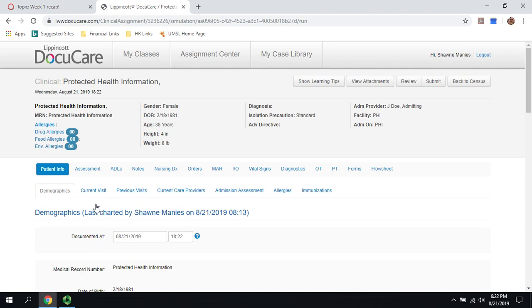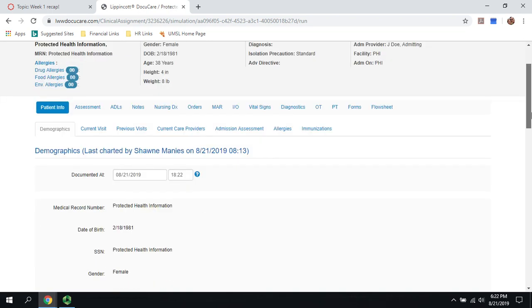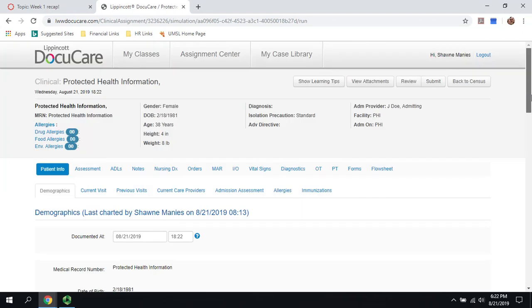Perfect. Okay, so the first thing that comes up again is it's probably going to make you put in some information. If it asks for a name or initials, that's fine. You can go ahead and put that in and fill out that little thing. And once you hit submit, it should come to this piece here. So patient info is the first thing. It shows